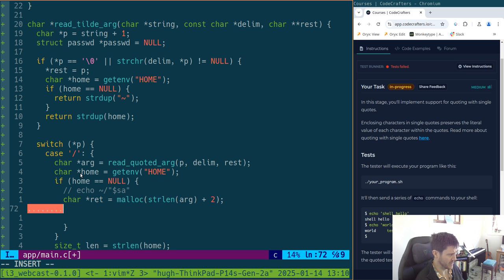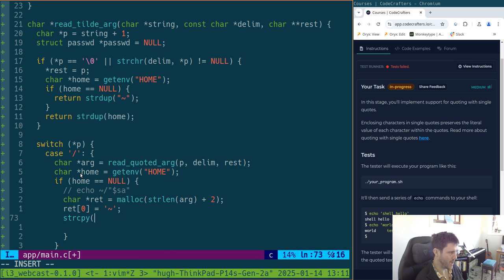So we want to do ret 0 is equal to tilde, and we want to do an str cpy into ret +1, and we have space, and we'll have ret